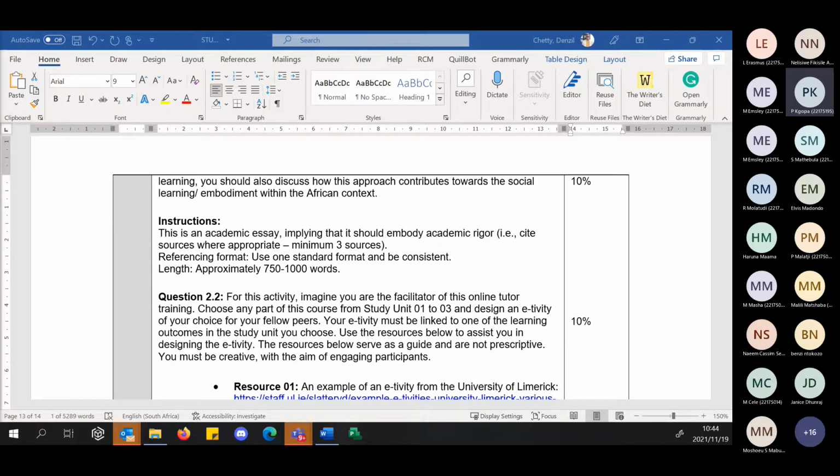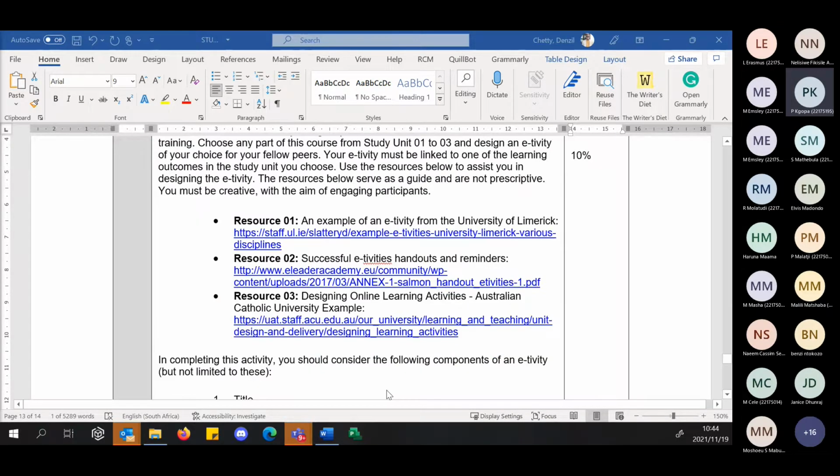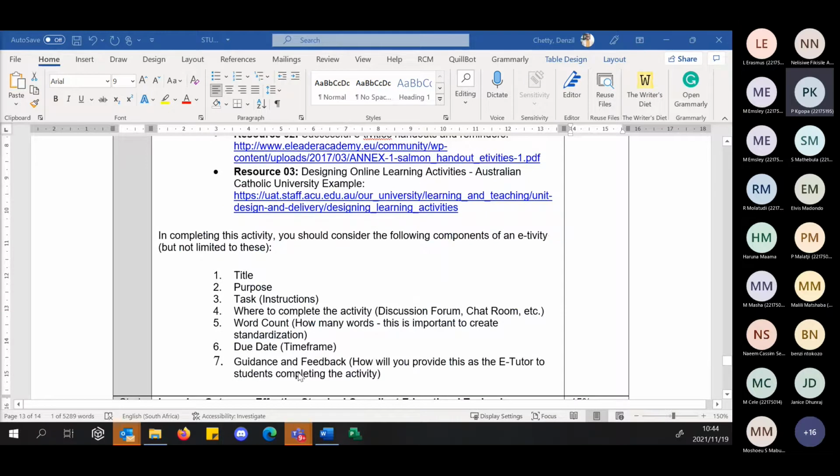Do you want this portfolio to be sent in PDF format or MS Word format? Preferably PDF, because we've got these online marking tools, so it's easier to mark with a PDF document. However, if you're really struggling to convert to PDF and you understand a Word document, that's also fine.